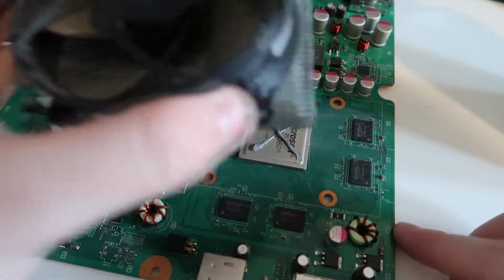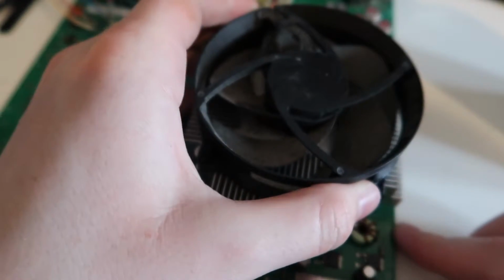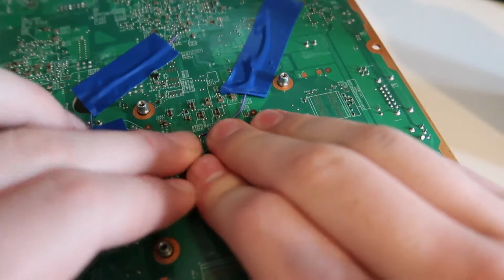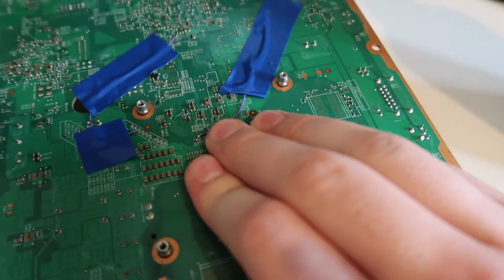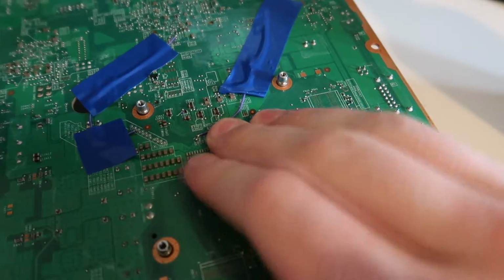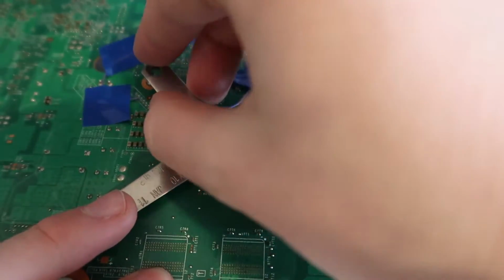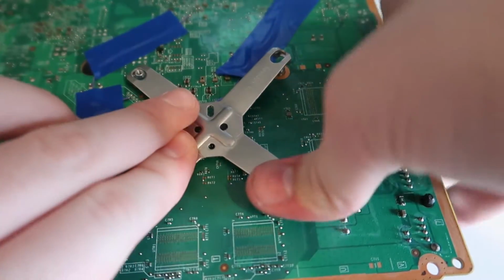I know thermal paste patterns are very controversial, so please don't tell me how wrong I did that in the comments. And then we can put this on again, making sure that the fan wire is pointing in the right direction. And then we can push it down like this and apply the heatsink. Sorry, apply the X clamp like this, and you should be able to just push them down,